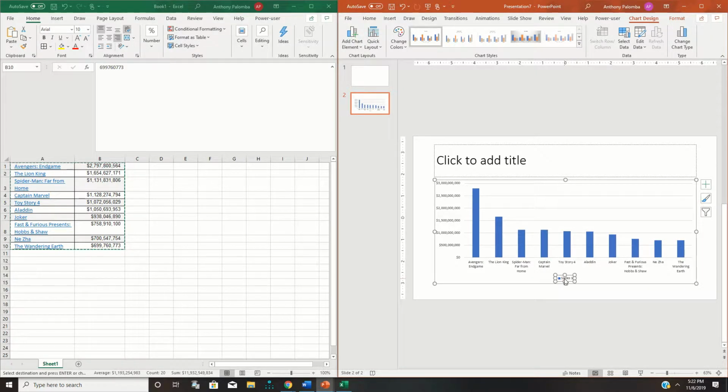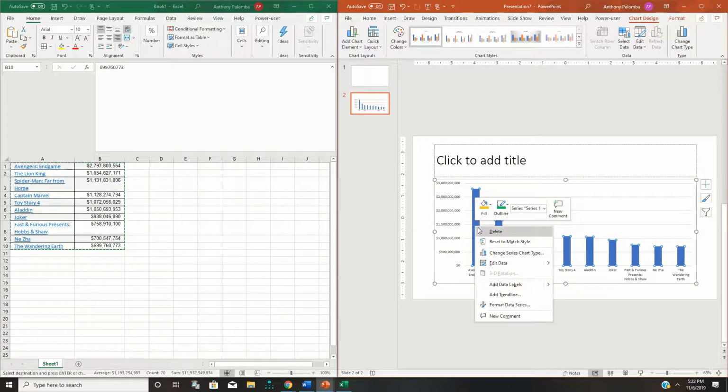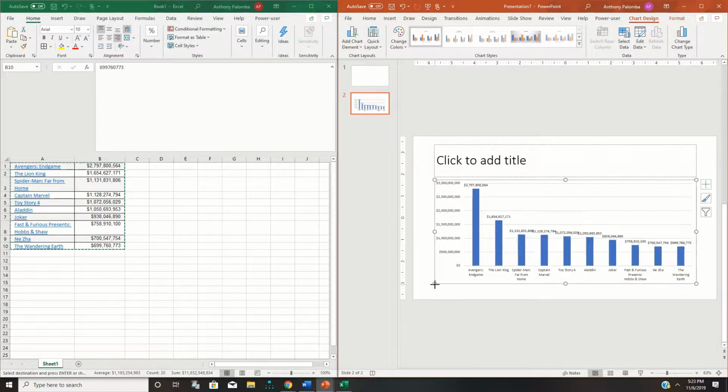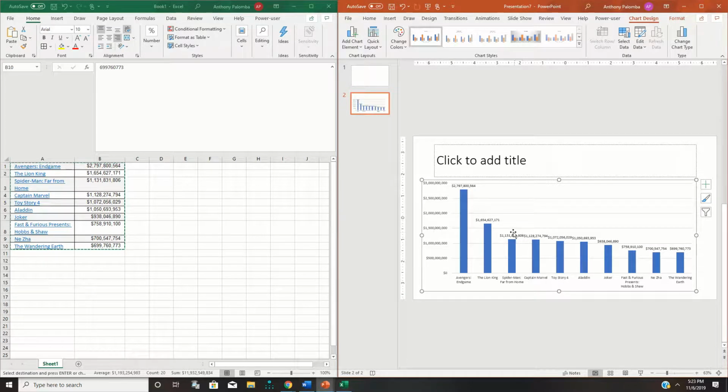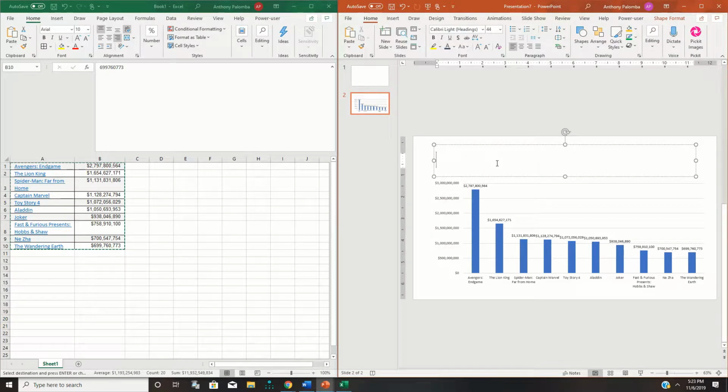You don't really need it, at least in this particular activity. If you right-click the column, you can go to edit data. Oh, excuse me. You can go to add data labels. You can click on add data labels, and you can see how much each movie made. Here, you can have that written down here. Although with box office that might be a little bit difficult. You may elect to kind of shorten this if you wish, but I'm just trying to show you some of the features here. So the finding here could be Disney movies